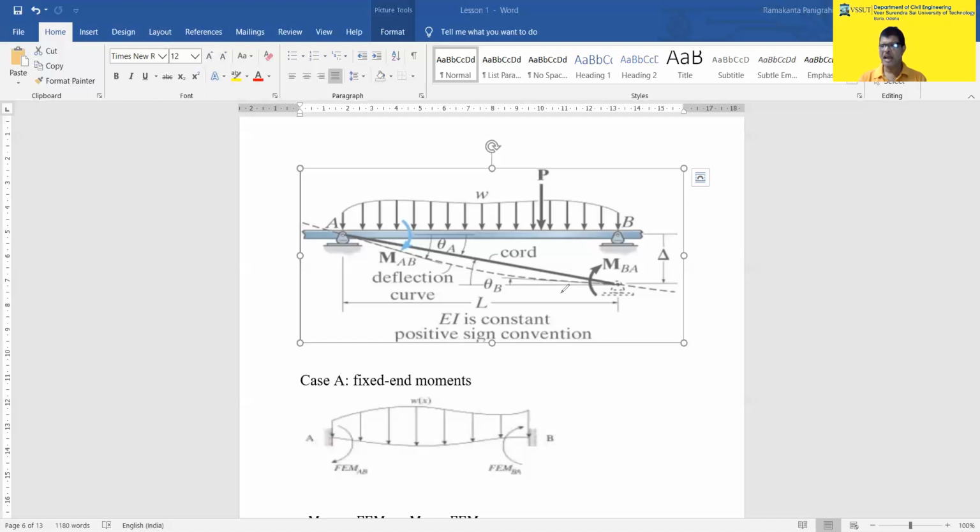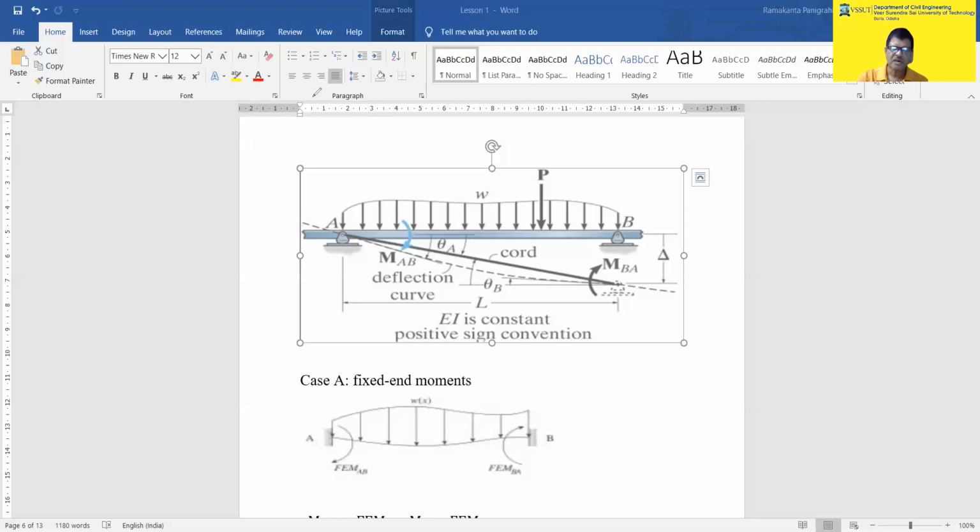You get my point? The total moment at point A is equal to the moment due to the external loads, plus moment due to the rotation at end A, theta A, then moment due to the rotation theta B at end B, and settlement of point B with respect to A to calculate the moments. If delta is equal to 0, then put that value equal to 0. So we are finding a generalized way of finding the moment due to the slope and deflections of a beam.